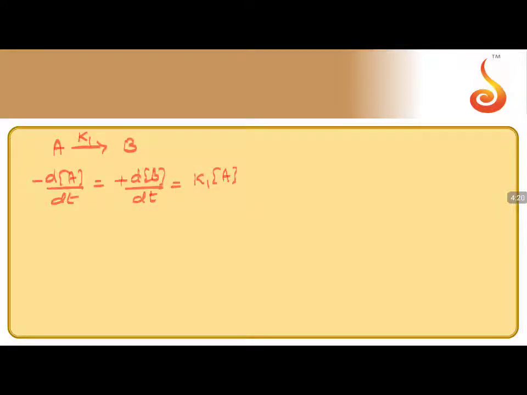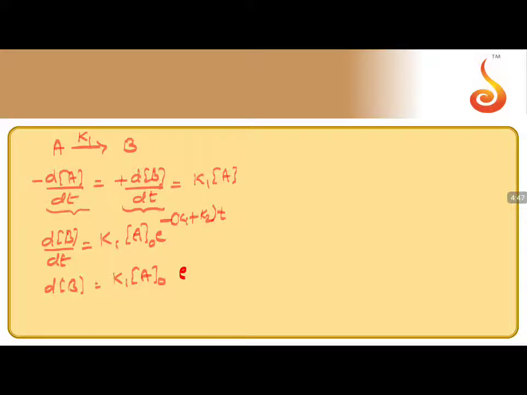Moving to the next. We can write for the reaction A gives B, rate of decomposition of A is equal to rate of formation of B, which is equal to K1 into A. So we can write dB by dt equals K1 into A, which can be written as A naught into e power minus of K1 plus K2 into T. So I can write dB equals K1 into A naught, which is a constant, e power minus of K1 plus K2 into T